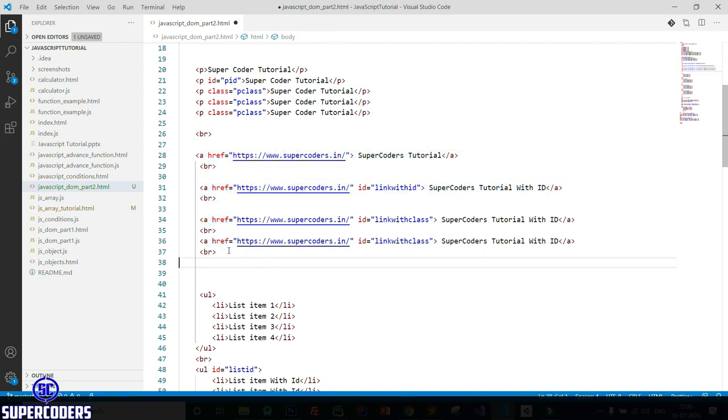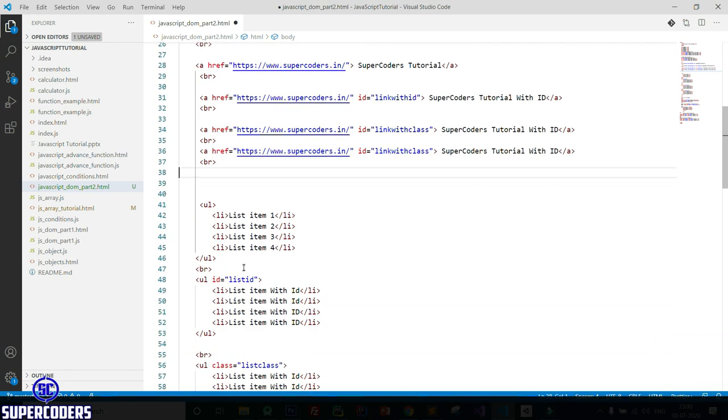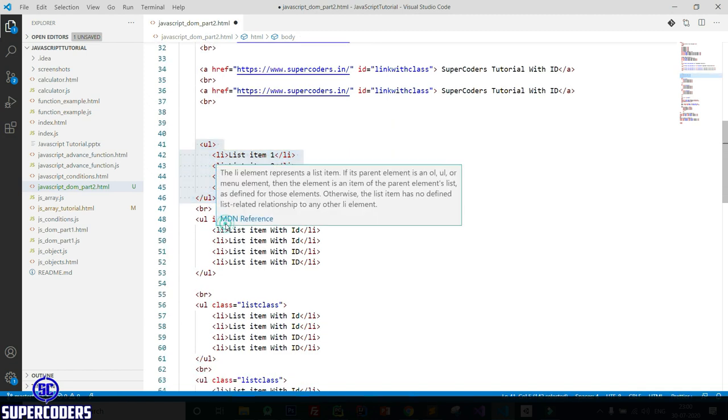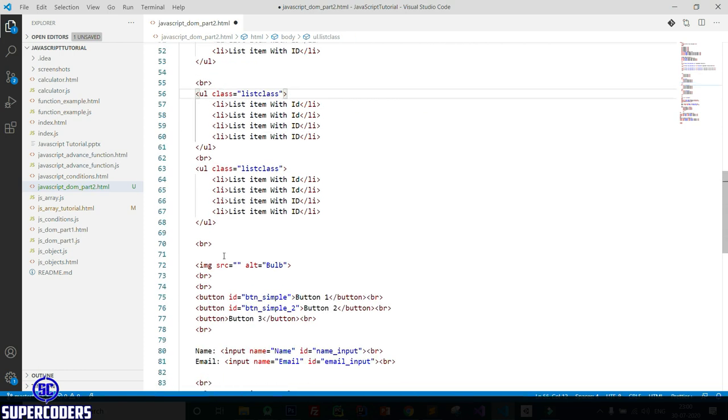So in this tutorial I am showing you all options for selecting HTML tags, changing value, changing text content, adding HTML. So all types of options I will show in this tutorial. Also you can see I created an unordered list with id, with class.